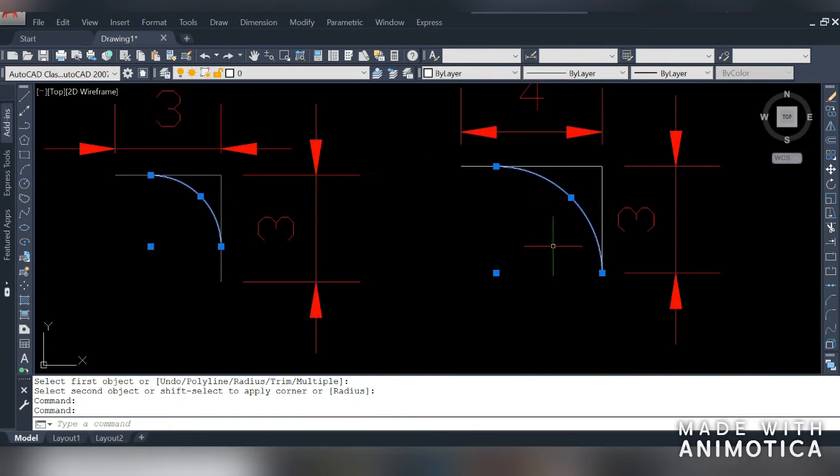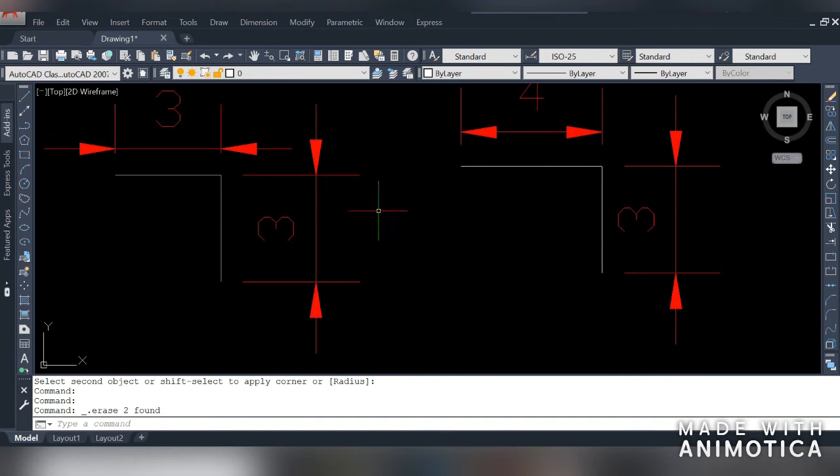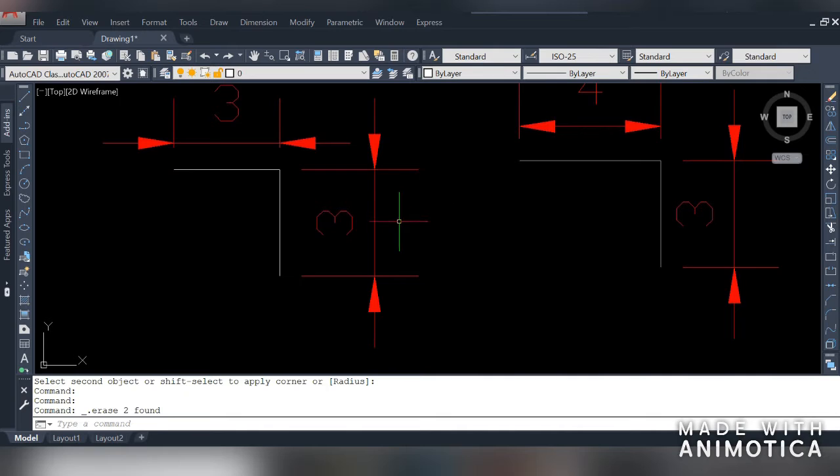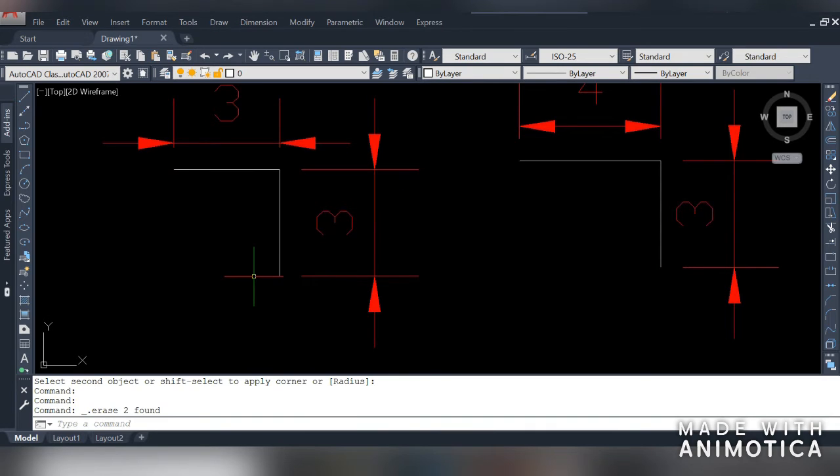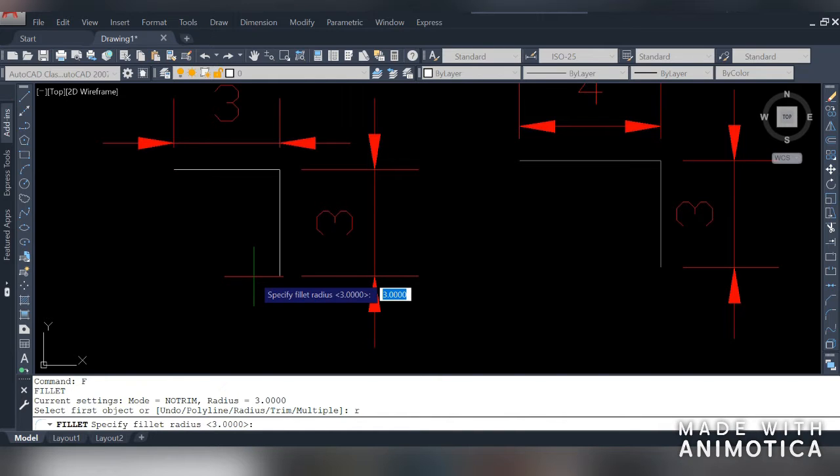This is the next method of fillet command, which is called trim method. So let's see what is that. Choose fillet command first. To specify the radius, press R, then press enter. Say the radius is 2 unit again, press 2, then press enter.